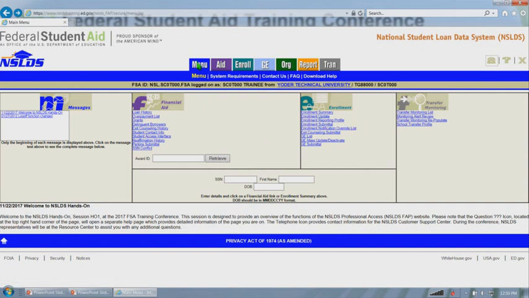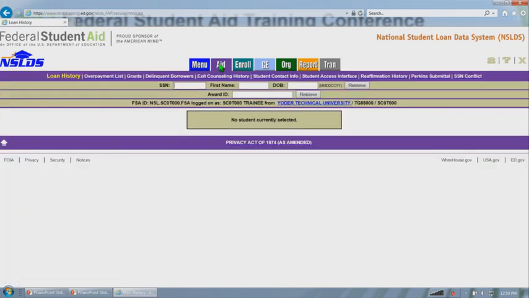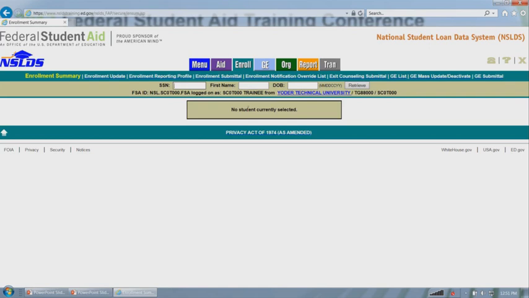Okay, so next we're going to go to that Aid tab. This is where you're going to be able to find all that information about a student's loan or their grants, and we'll actually come back to this page because I want to highlight a few things for you on the loan history page. Then we have the Enroll tab. That's where you're going to do your enrollment reporting. You can also do your GE submittals. You will also be able to find here your students' programs that you've got them enrolled in,